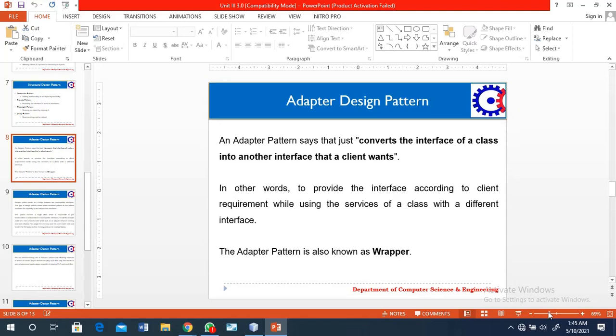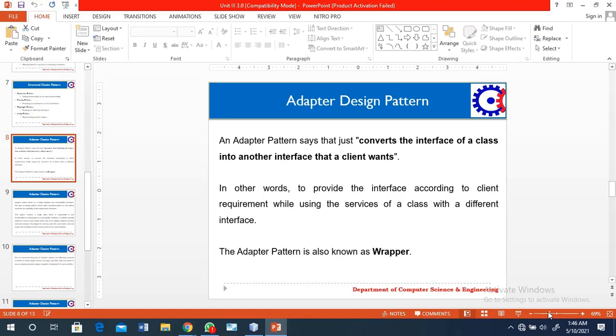Practical number 4 depends on the adapter design pattern, and that particular adapter design pattern comes under the structural design pattern. Up to practical number 3, we covered how to create classes and objects. That is the creation concept. And then after that, in structural design pattern, we are focusing on how objects are composed to form a large structure, how objects are communicating with each other and how we are collaborating that concept so we can create a large structure. So let's discuss the adapter design pattern and implement that pattern.